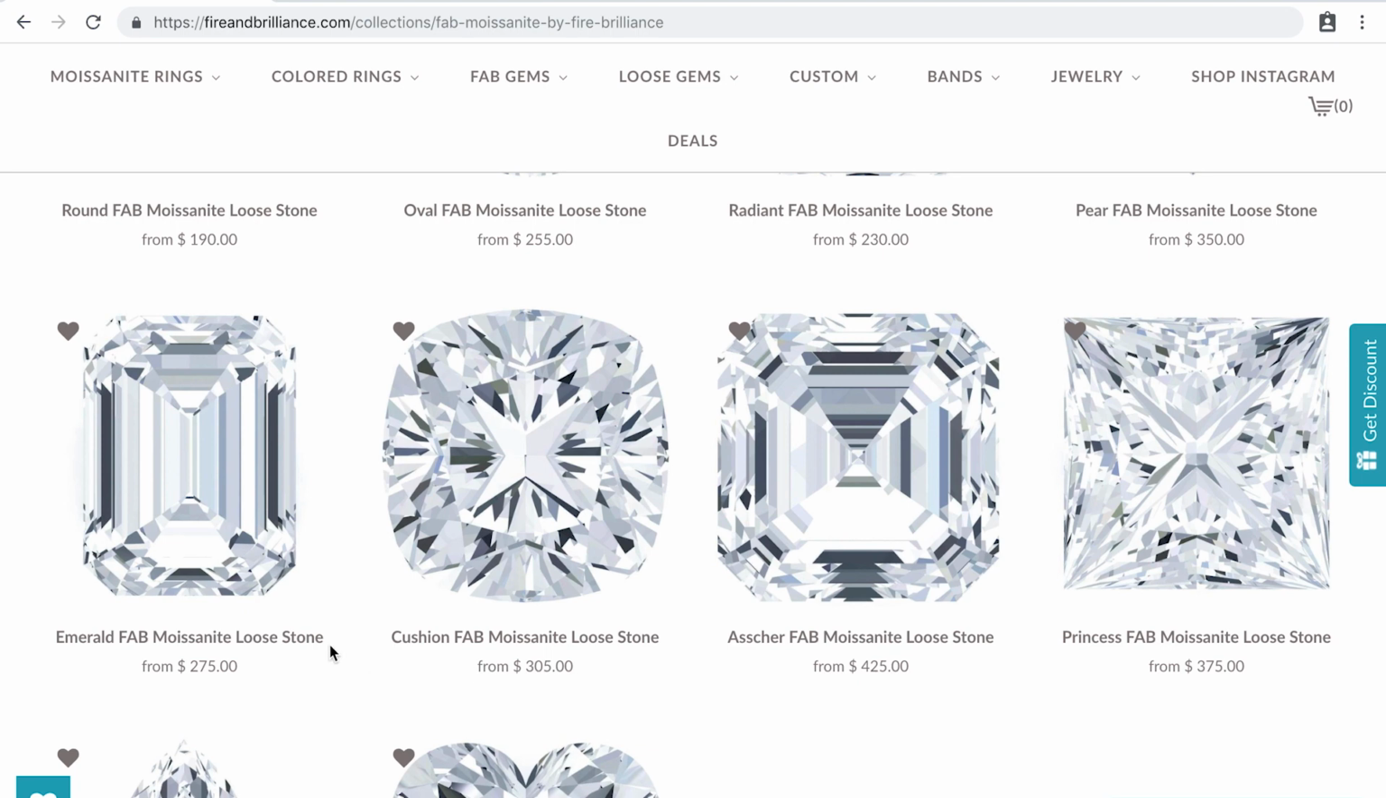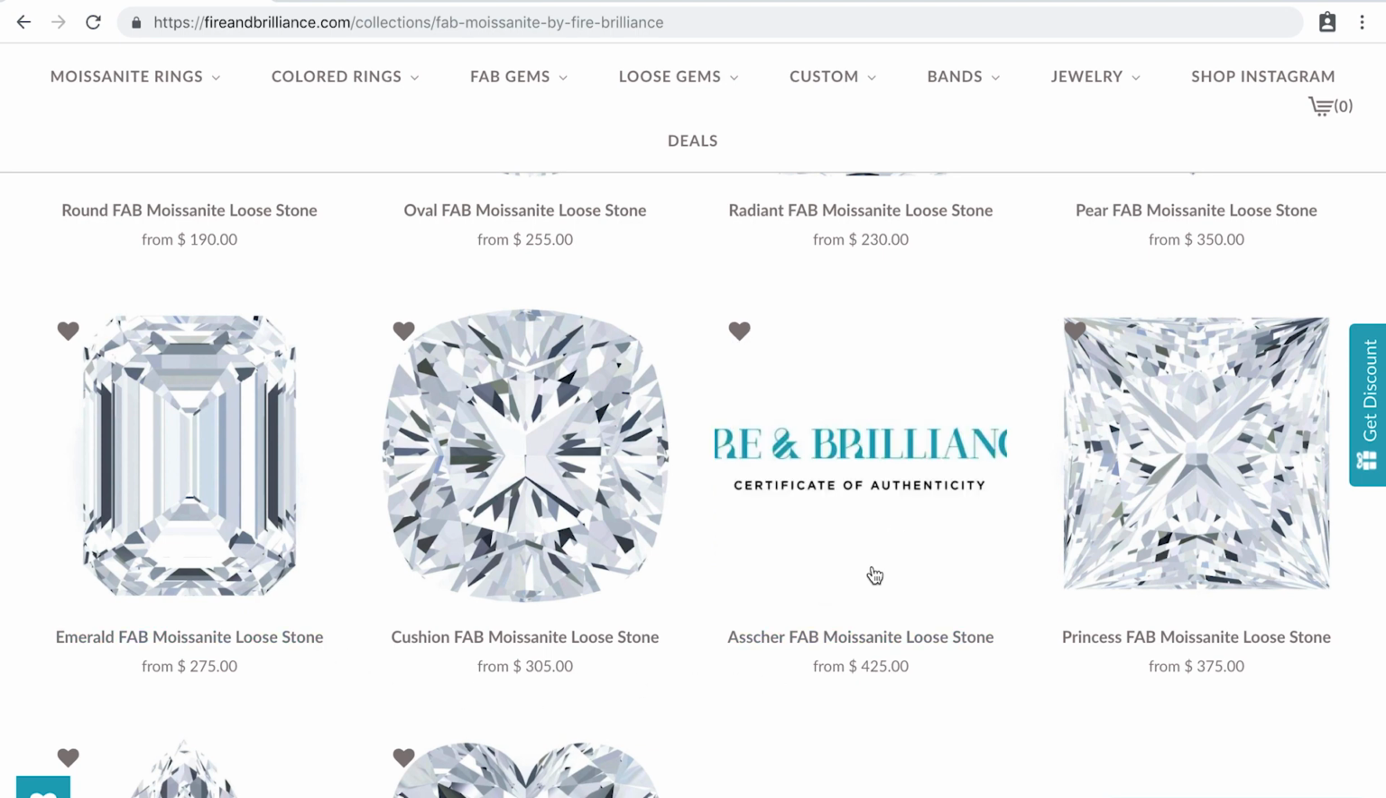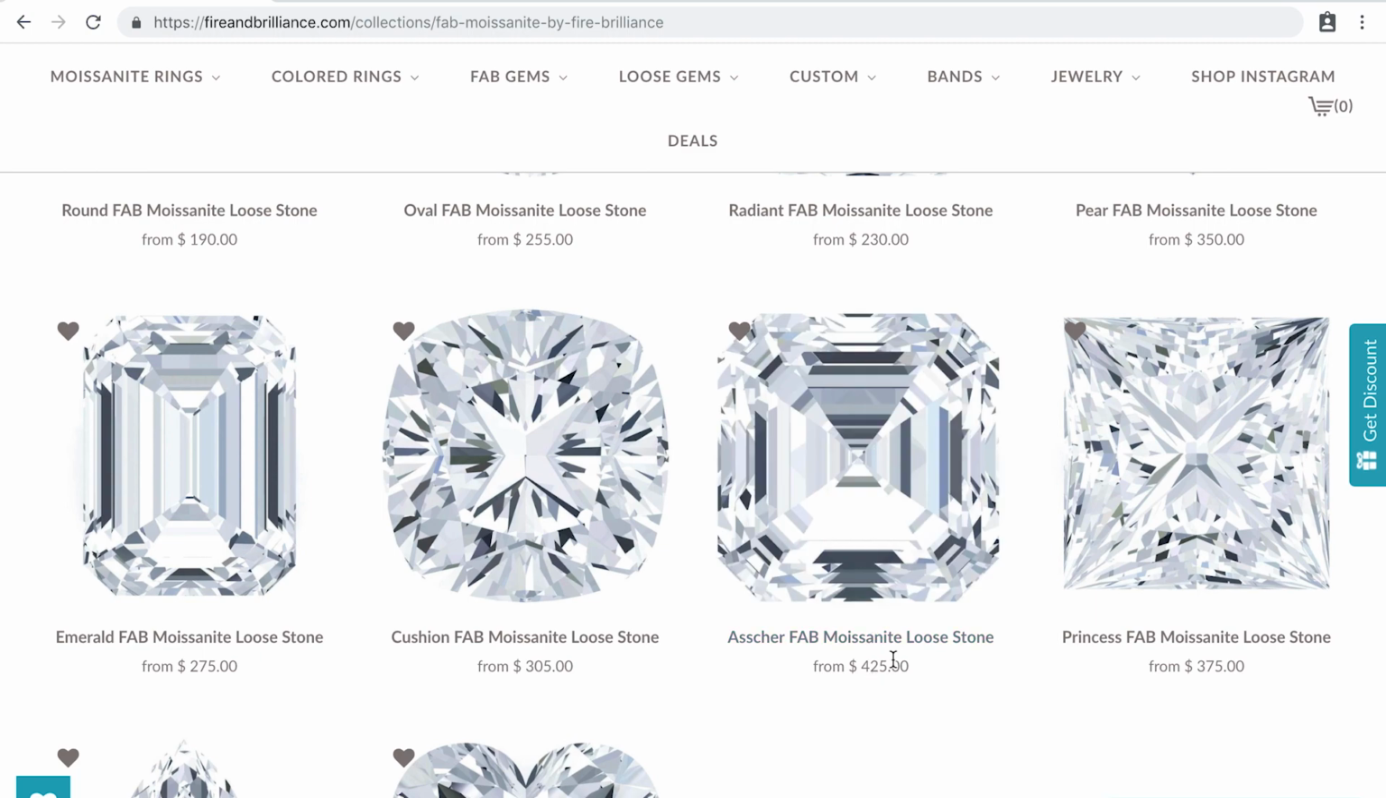and it's also octagonal, meaning it has 8 sides. The Asher is the same exact thing. The only difference here is that it has even sides, so it's a square emerald. Okay, so hopefully that was a quick overview of all of our cuts from the traditional cuts on the FAB line. Now let's go to the next